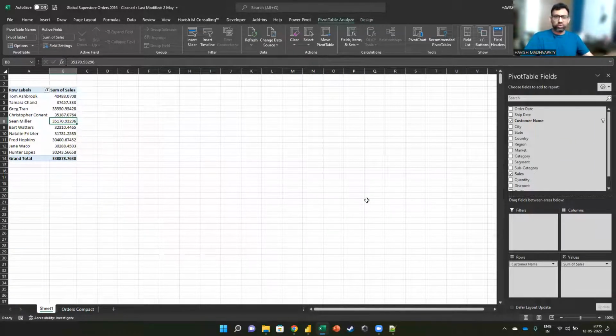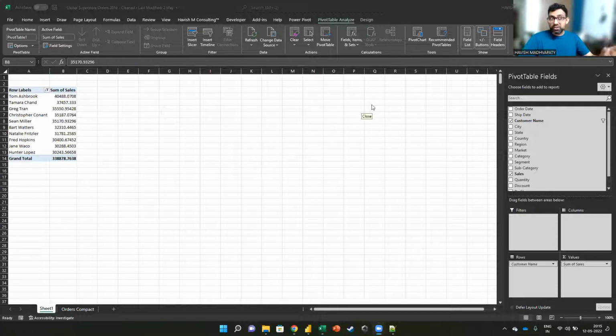Was that difficult? No. Is that how all of you do it? I'm pretty confident this is how all of you work, and there's nothing wrong with that. This is how we have been doing it for the last 30 years on Excel. But this is still a very manual process, right? You have to make a pivot, manually you have to drag and drop. And like this, you have to make a pivot table every single time you have a question.